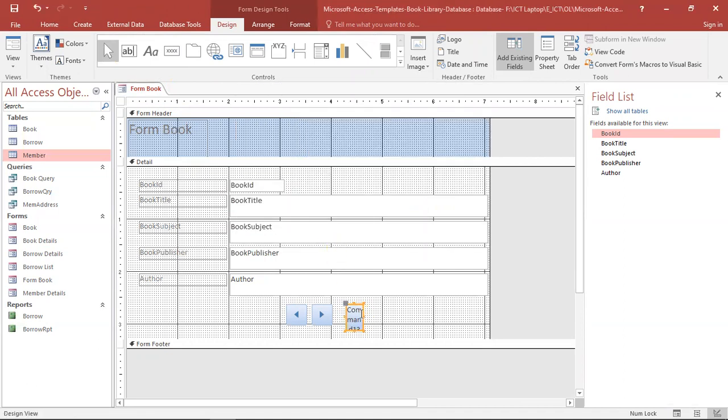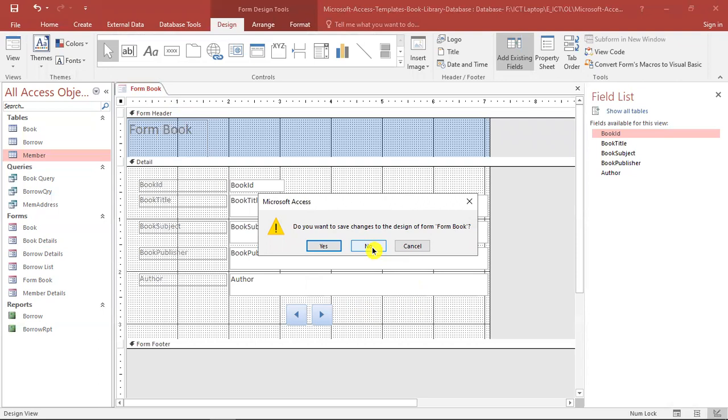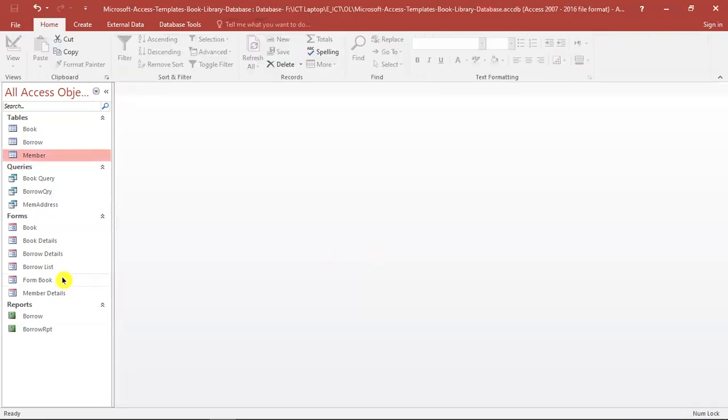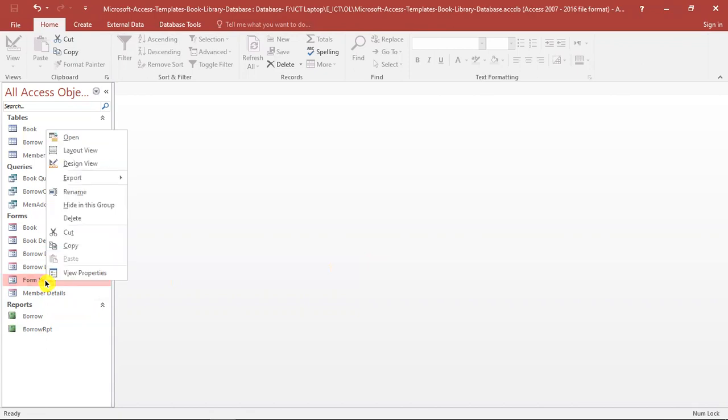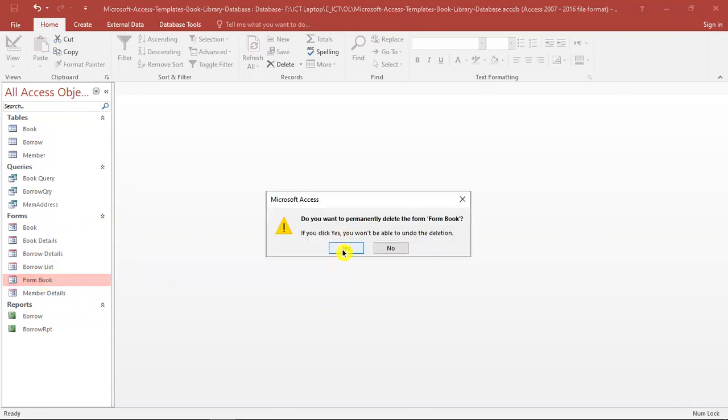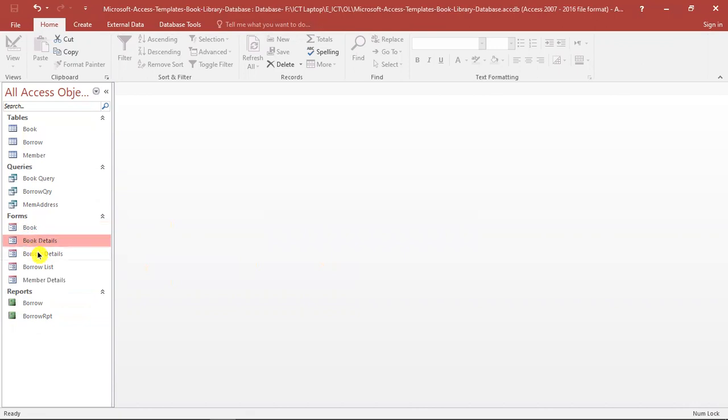Now I'm going to cancel this one and delete the command, right? In the same way, close. I'm going to close now, and I'm going to delete the form I just created. And there are several forms I have created earlier.